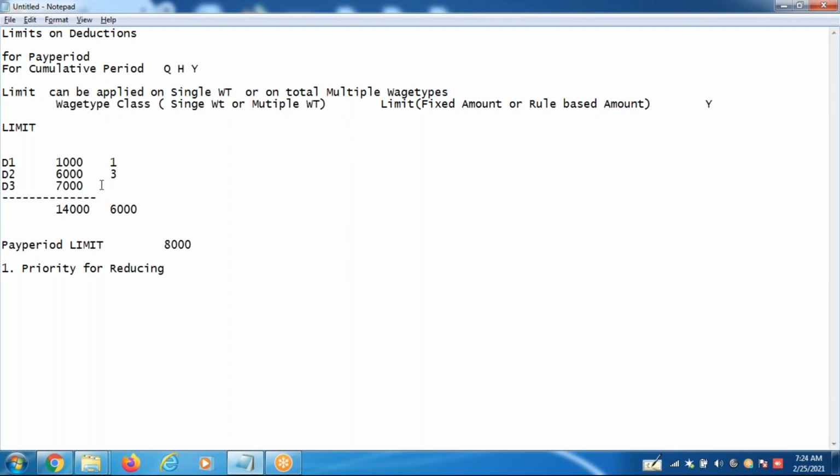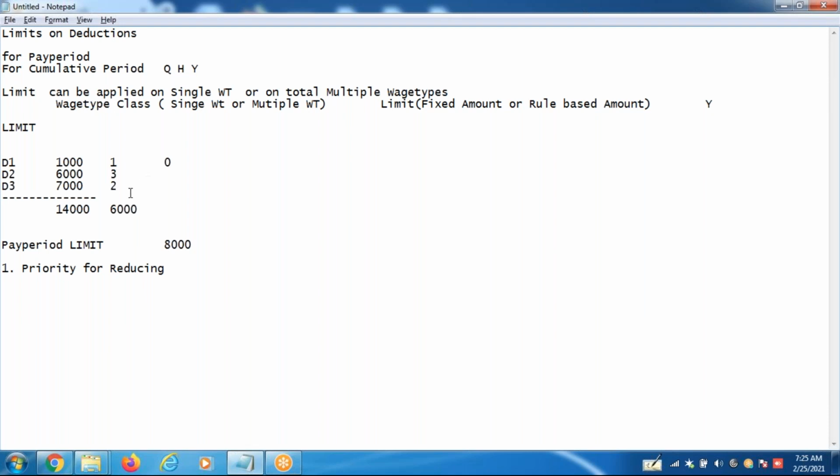If I specify this priority, what will happen? The first is reduced to 0. First priority, so 1000 is reduced. Remaining how much do I need to reduce? 5,000.